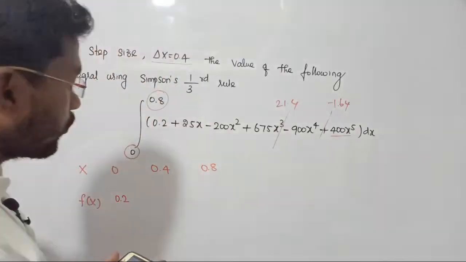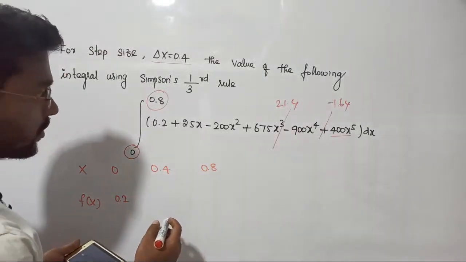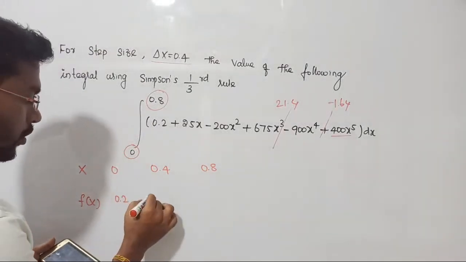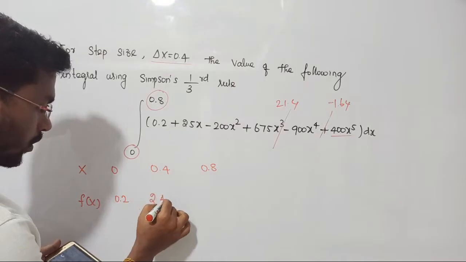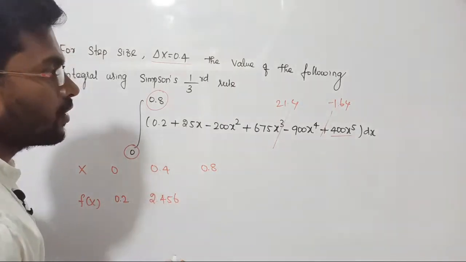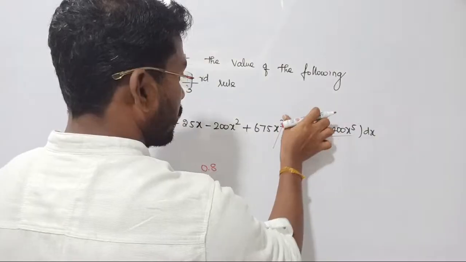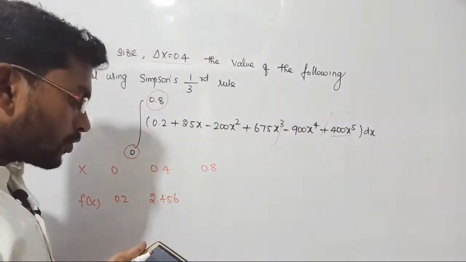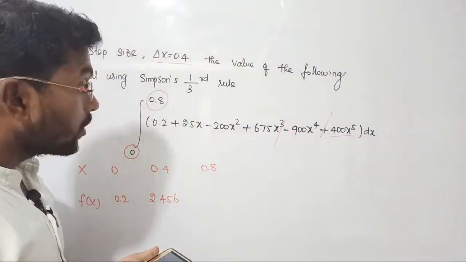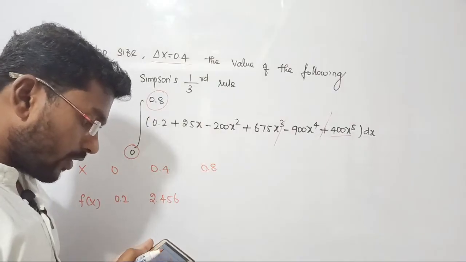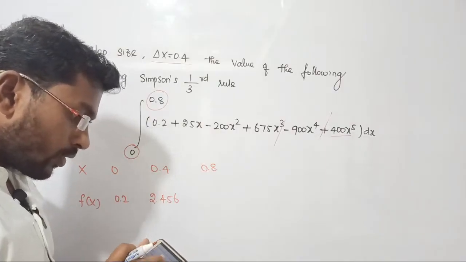I'm getting 2.456, right? Please check it by yourself. So let us see the third one, right? Now we have to substitute 0.8. So 0.2 plus, in bracket, we have to consider 25 into